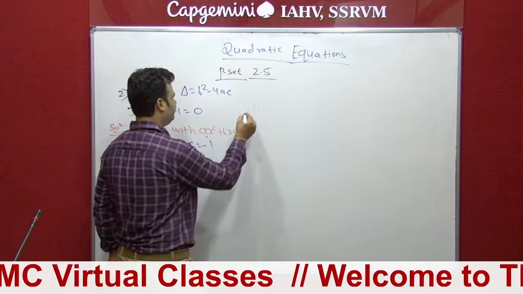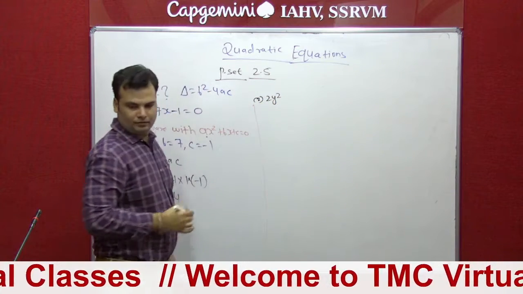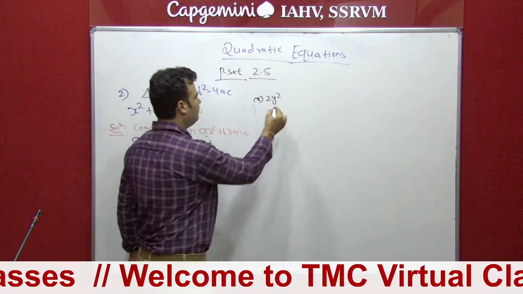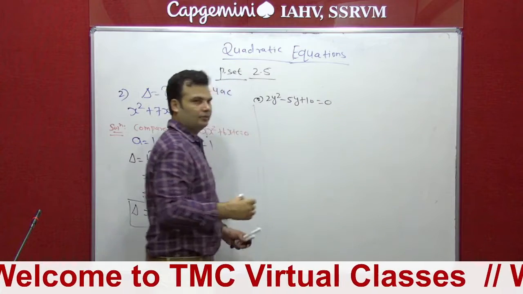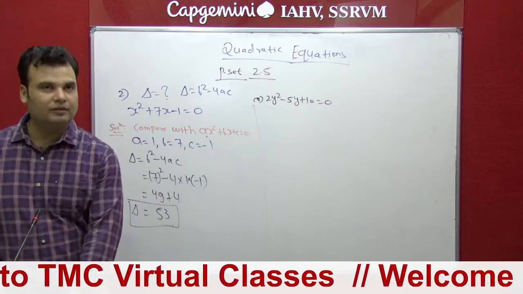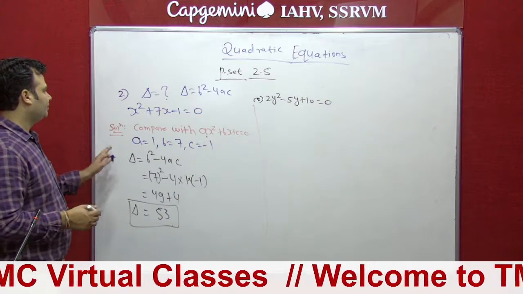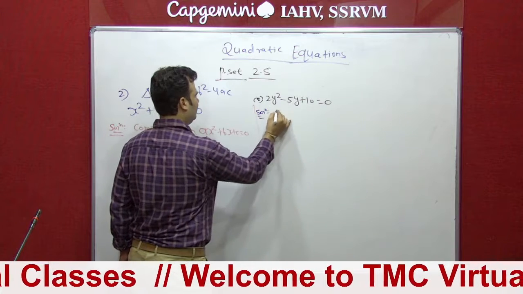Similarly, student, we can solve the second one. It is given 2y square minus 5y plus 10 equal to 0. So this one is also very simple. We can solve again the same method. We have to compare with,